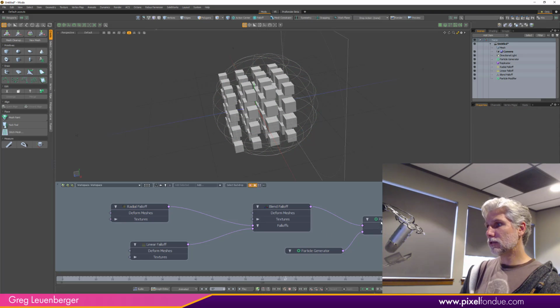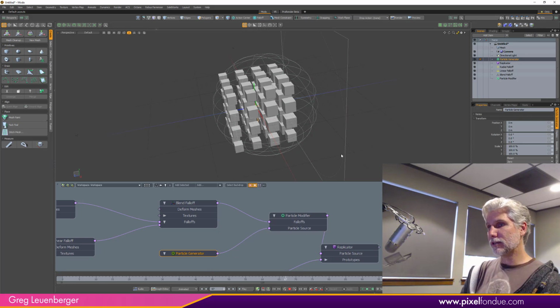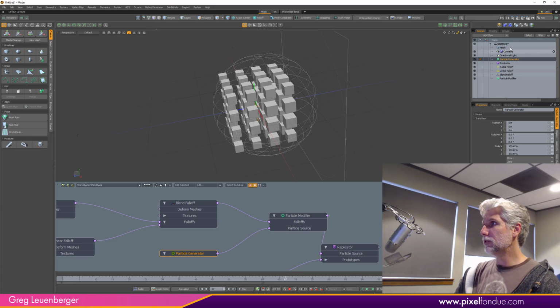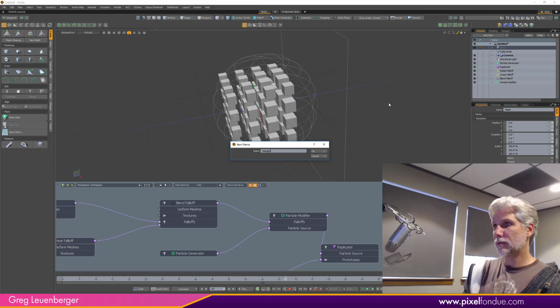So what's cool is I can actually take this modifier, these particles here from the particle generator, and the ones that you couldn't see, the procedural particles, and I can actually bring those into a mesh now. It'll just make vertices out of them. So let me just do this, call this original thing here the cube proto, and press N for a new empty mesh, and call this merged